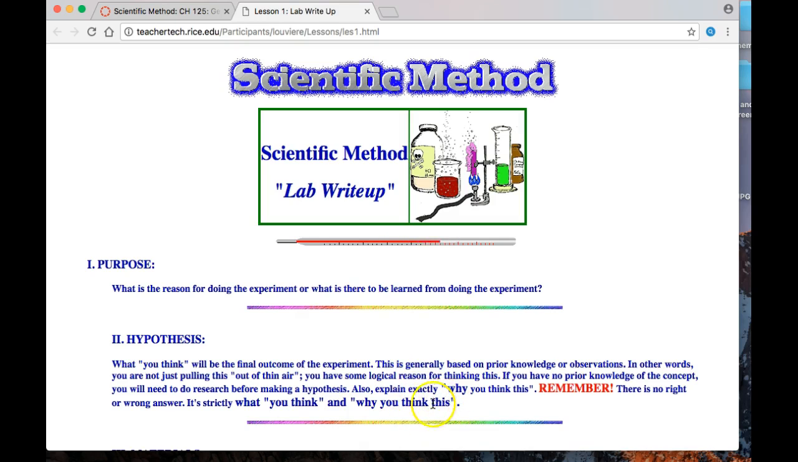All right. So like I explained with the example of the apple, he thought it was a force called gravity that was pulling the apple down to the ground. Okay. So again, there's no right or wrong answer. It's strictly about what you think. You're making a guess based on your previous experience and knowledge about what might be the reason